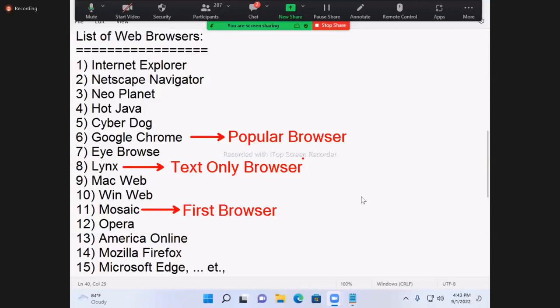But who will use that type of browser? It's outdated. But long back it was popular, because when the internet was introduced, even opening a mailbox took time, because the internet was very slow. Now you are getting high speed internet.